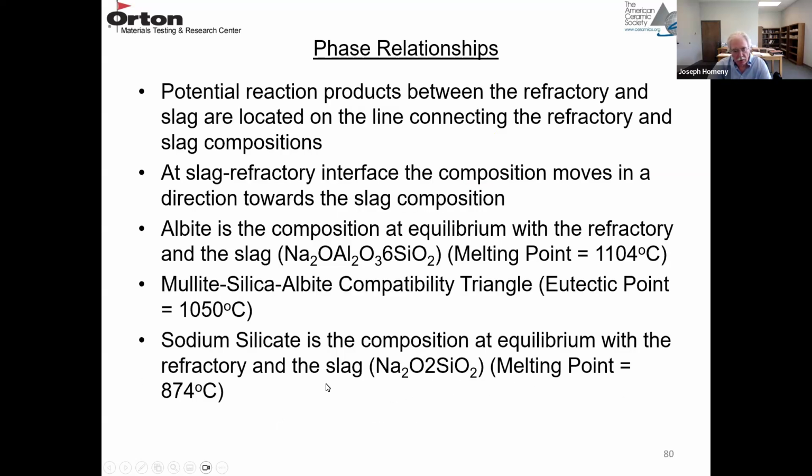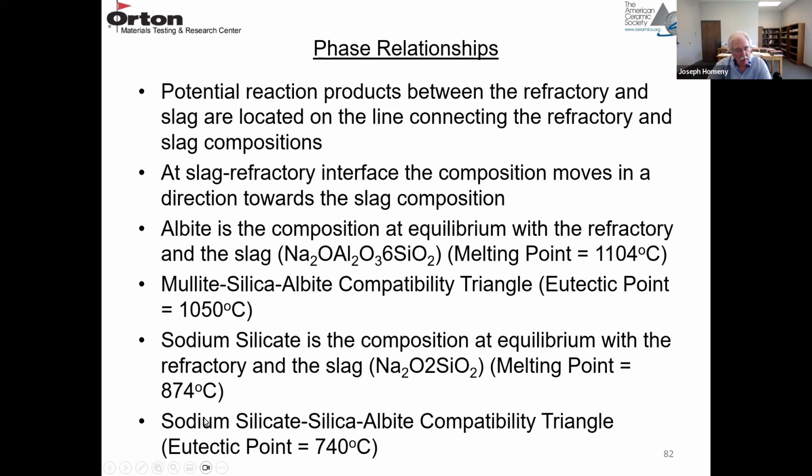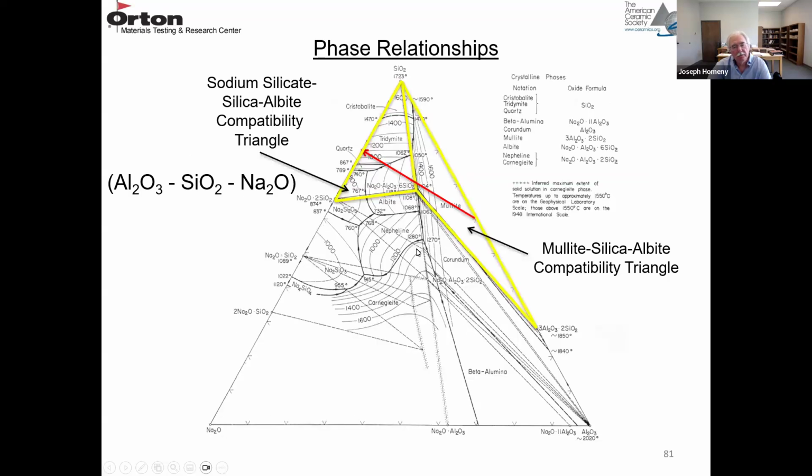And the melting point of the sodium silicate is 874 degrees C. That composition is right there. And then finally, in this compatibility triangle, sodium silicate, silica, albite, there's another eutectic at 740 degrees C, and that's right here, 740. So you can see the progression of the composition and how the melting temperatures change for that